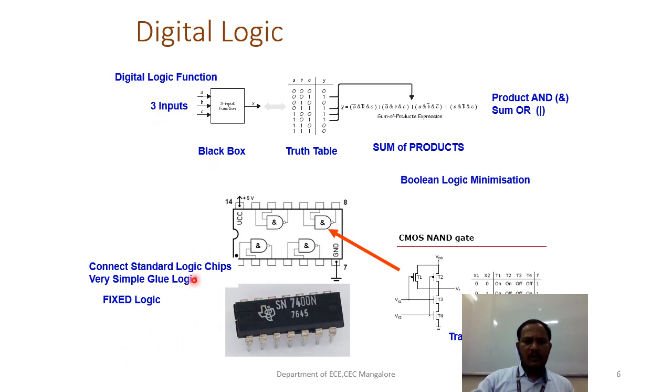Now in VLSI integrated circuits, how do we design these logics like the AND gate? In digital logic, first comes the problem statement, then the truth table, then the boolean expression, then the circuit. After that you have to convert that circuit into the transistor level as switches. This conversion is done by EDA tools, electronic design automation tools. After that, the transistors, meaning the integrated circuits, are fabricated in foundry labs.